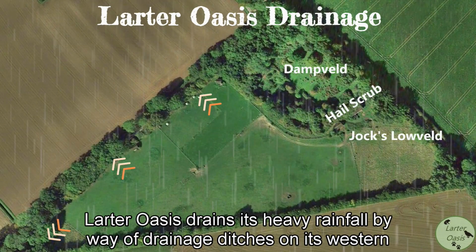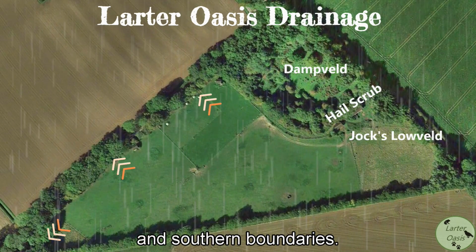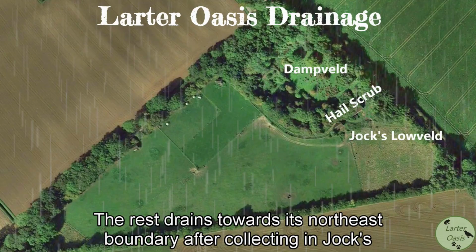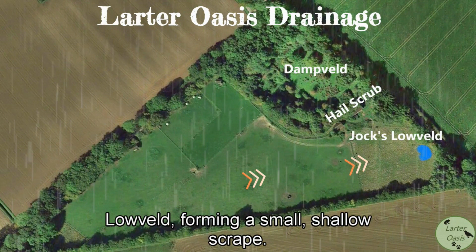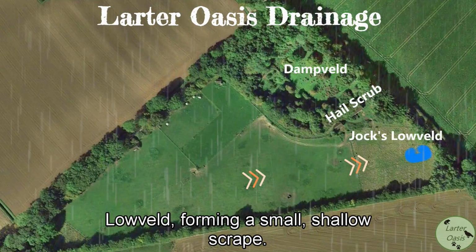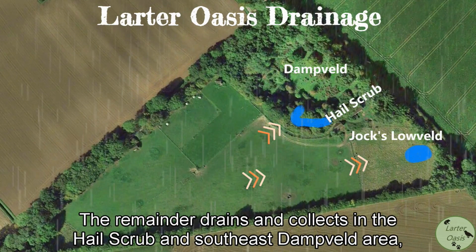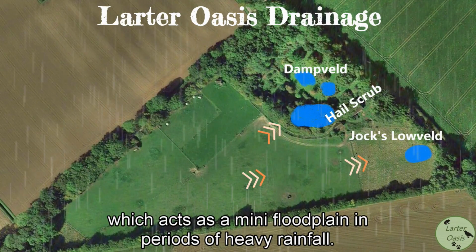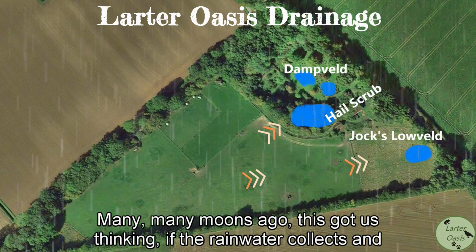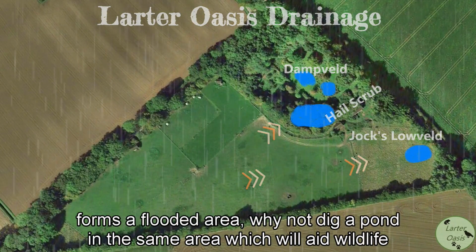Larter Oasis drains its heavy rainfall by way of drainage ditches on its western and southern boundaries. The rest drains towards its north-east boundary after collecting in Jock's Lowveld, forming a small, shallow scrape. The remainder drains and collects in the Hale Scrub and south-east Dampveld area, which acts as a mini floodplain in periods of heavy rainfall. Many moons ago, this got us thinking, if the rainwater collects and forms a flooded area,